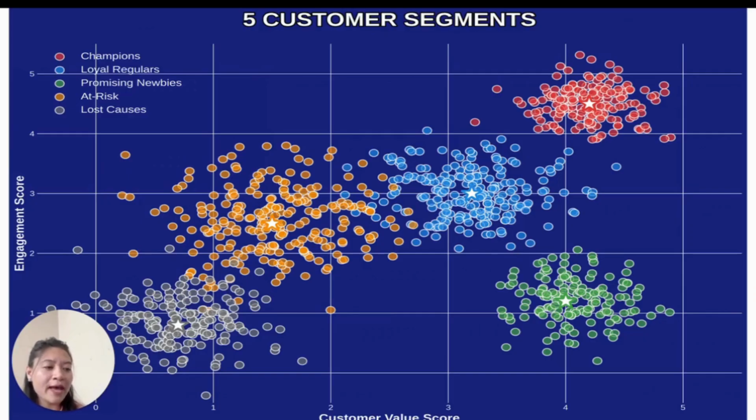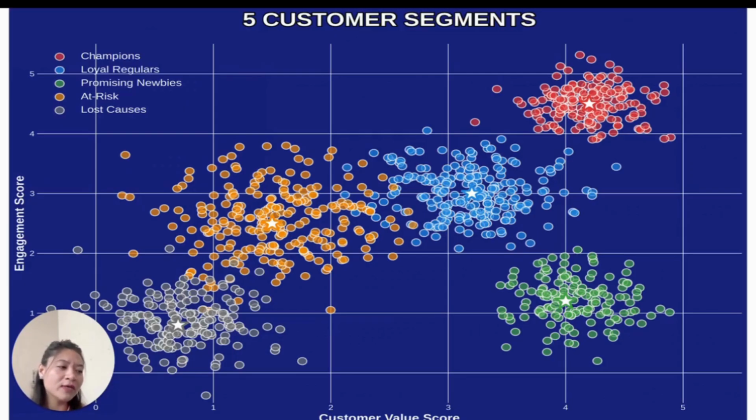Segment 4 are the at-risk customers, the orange cluster with average RFM of 1.8, 2.4, 2.1, who haven't purchased in 90 plus days, with declining engagement and an average customer value of $600 per year and dropping. So the marketing strategies should be win back campaigns, special discounts, we miss you emails, and lastly the segment 5,